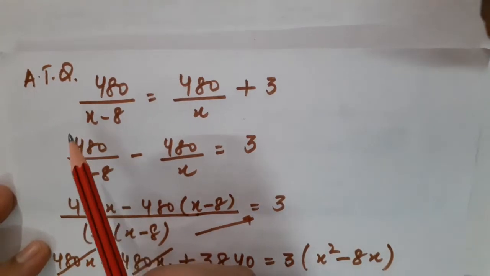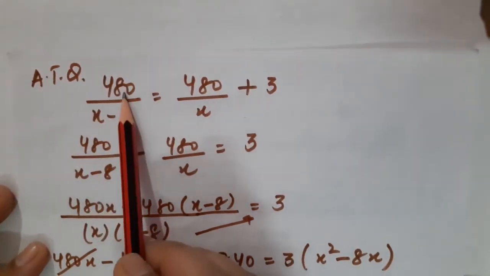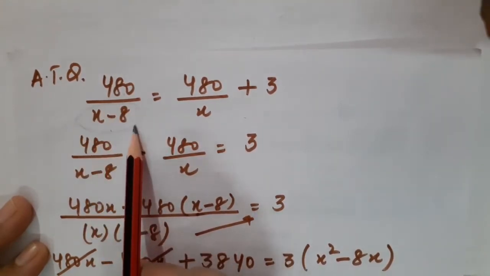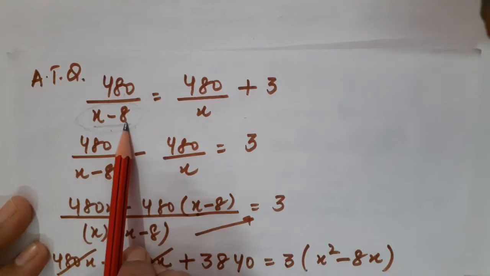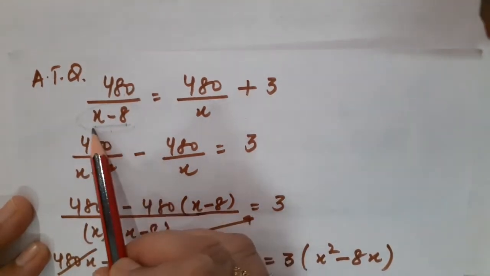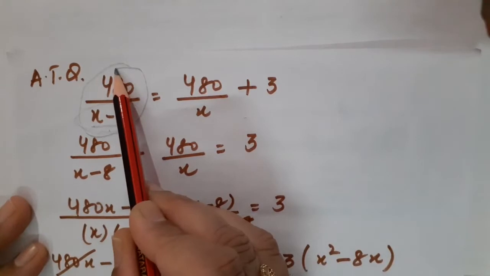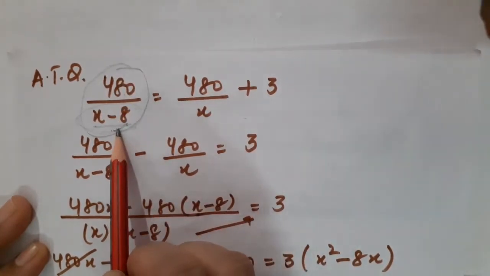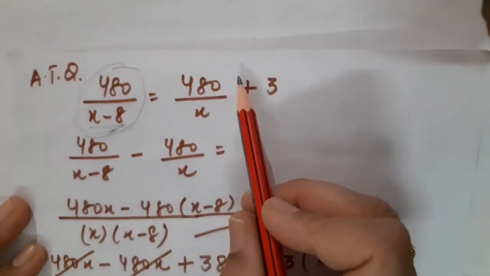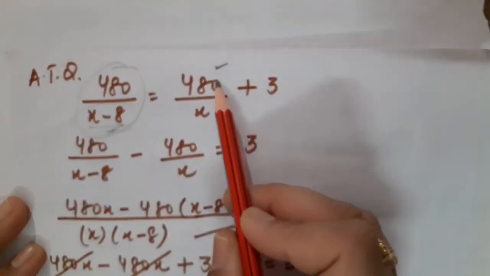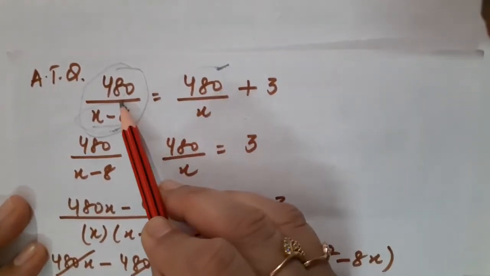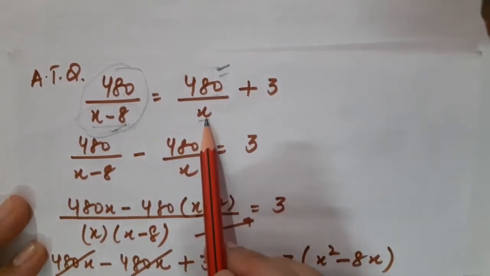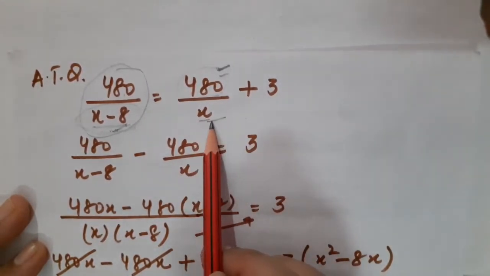Now according to question, the formula of time you know, that is distance upon speed. See, when speed was going to be reduced by 8 km per hour, so definitely x minus 8 would become the speed, and 480 upon x minus 8 will become the time taken, in which case when the speed was reduced by 8 km per hour. Correct? But in case 1, when the distance was 480, here also the distance was 480, so distance would remain same in both the cases. It will be divided by x. X was that speed of the train which was considered.